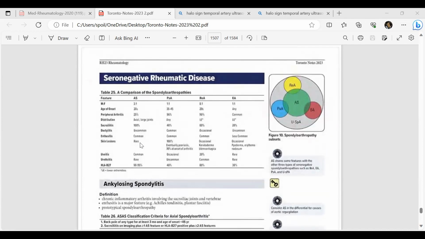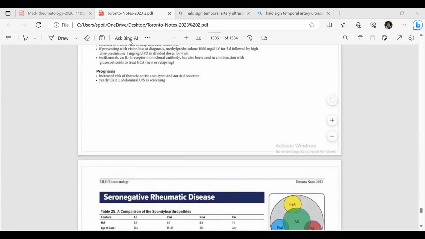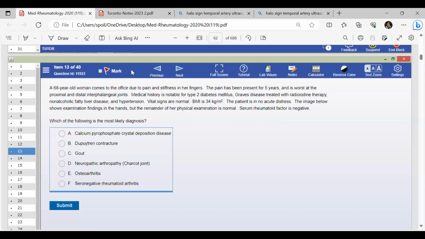So we will stop here. ASA is acetylsalicylic acid. We will stop this here and start the MCQs. We will just do 3 or 4 before the meeting ends. Okay, a 68